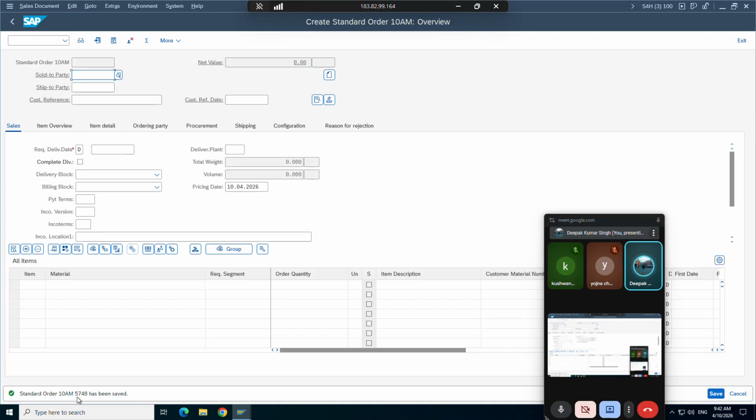So now see, this is my order number 5748. What I have done is one transaction in SAP, so this is transactional data, day-to-day transaction, day-to-day business process. When you create a customer master or a material master, even though you are doing a transaction, you go to BP, you go to MM01 in the SAP terminal, that is the master data you are creating. But if you are creating a sales order, we call it transactional data. You create a delivery, that's transactional data. You create an invoice, that is transactional data. That is the difference between master data and